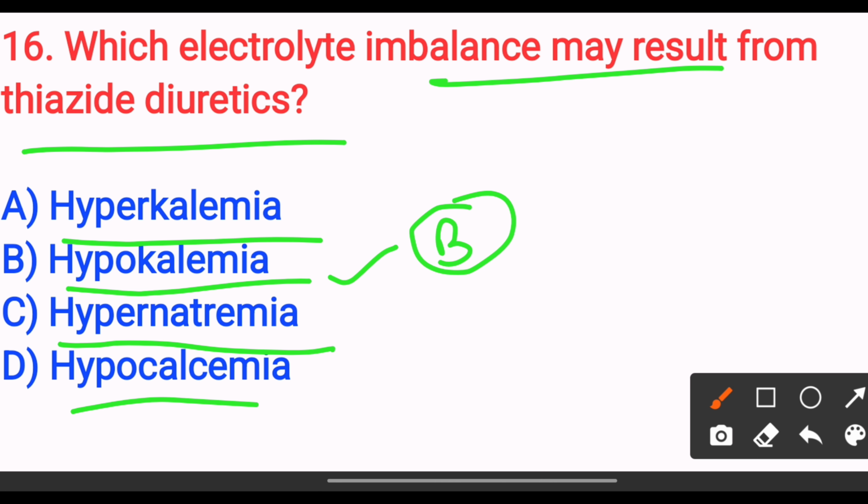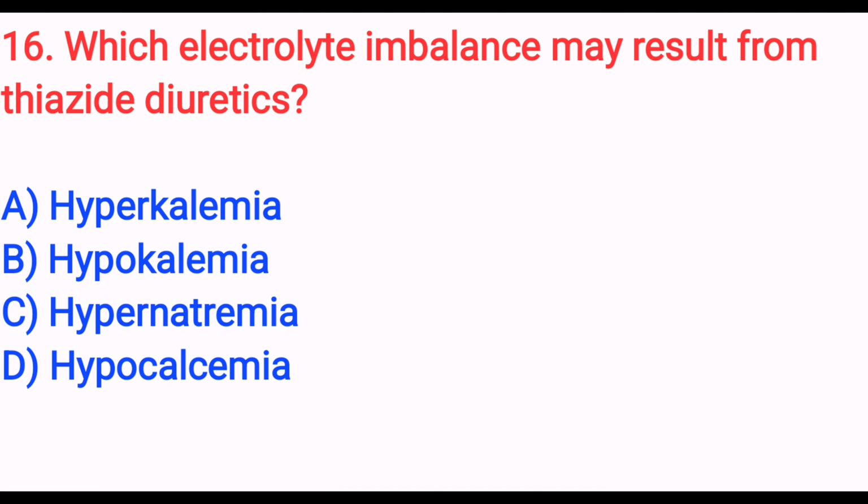It will occur the hypokalemia. So the answer is option B. Next,